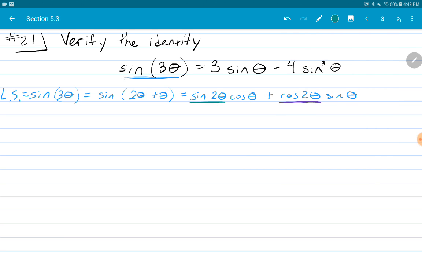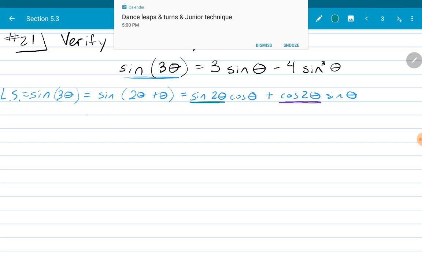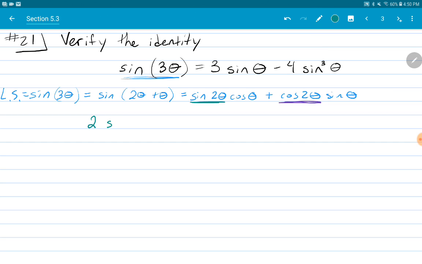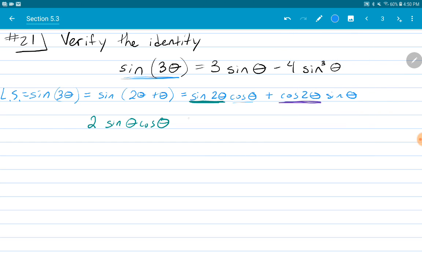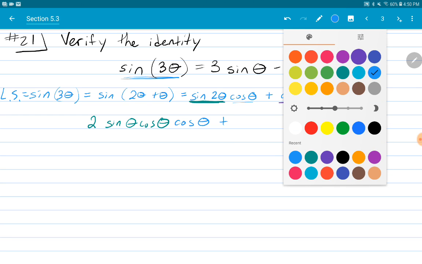So sine of 2 theta, using that double angle identity, is 2 sine theta times cosine of theta. Okay, so that's just this part that I'm rewriting like that. And then that is times the cosine that I'm not going to change at all, plus, and then I have